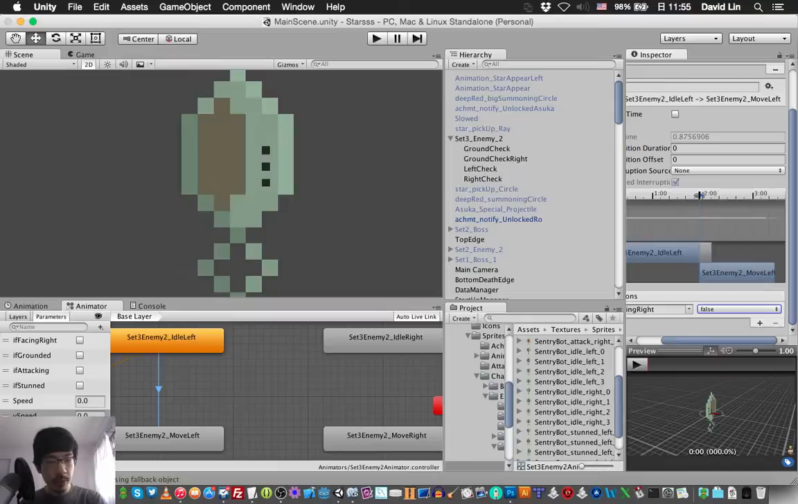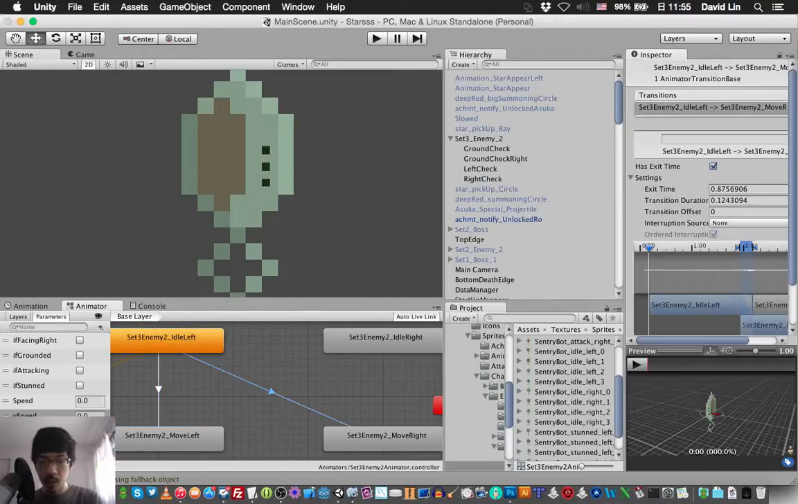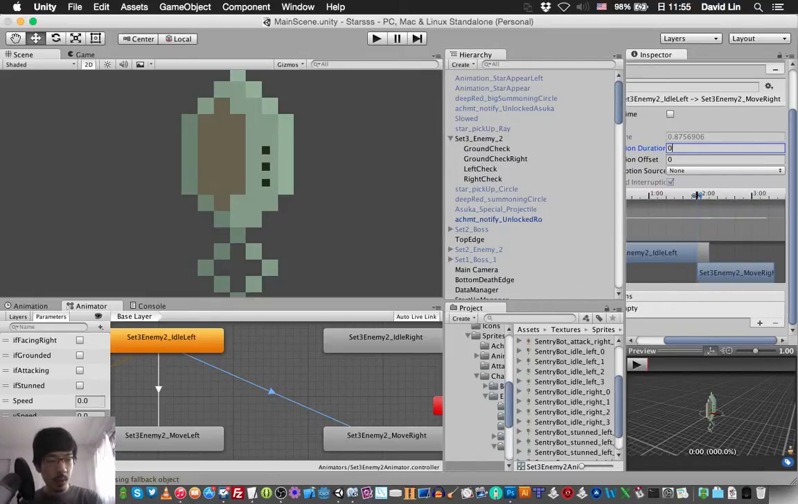Facing right, force, speed greater than 0.1. Okay, we could also change directions. So from idling, on the left we can change direction and